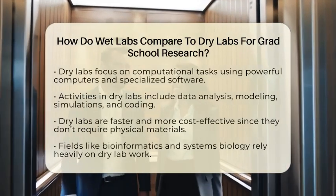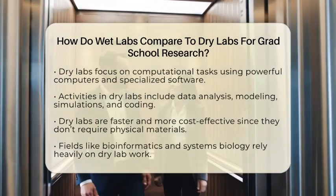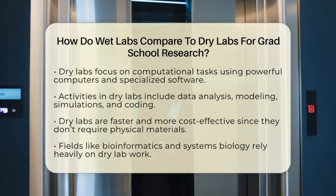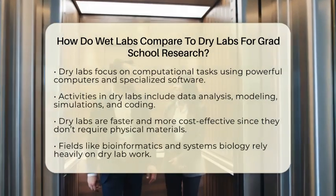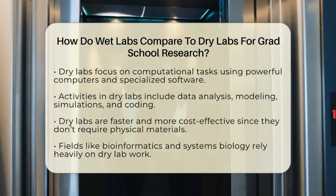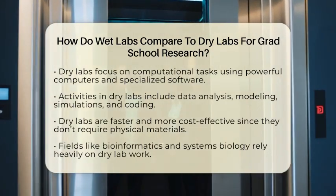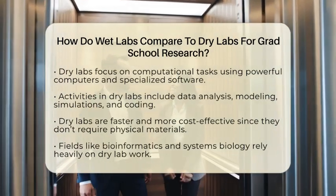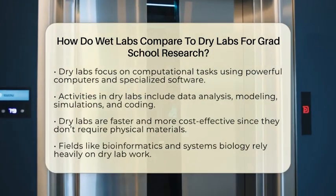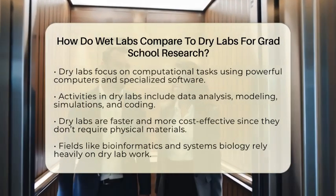Dry labs, on the other hand, focus on computational work. They are set up with powerful computers, data storage, and software for modeling, simulations, and data analysis. Instead of working directly with physical materials, students in dry labs analyze large datasets, write code, or create models to test hypotheses. This type of research can be faster and more cost-effective because it doesn't need expensive chemicals or lab